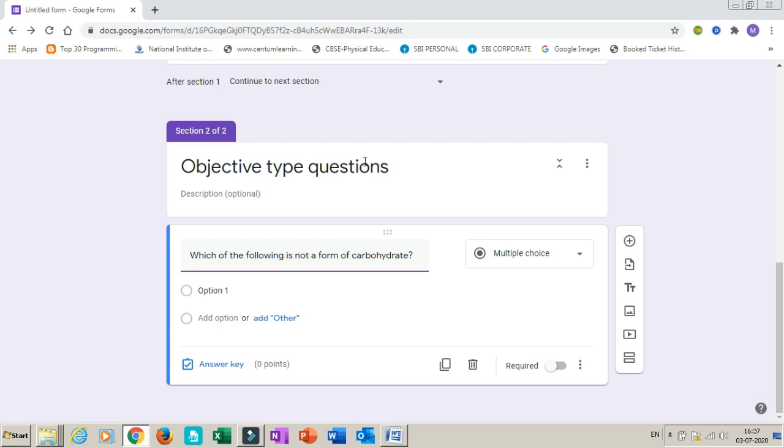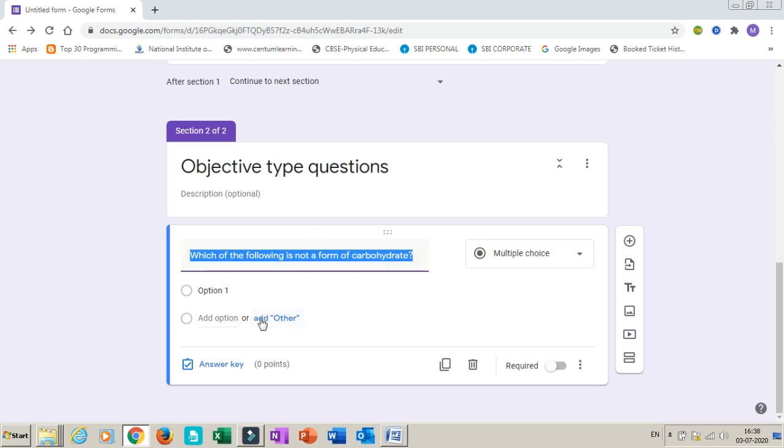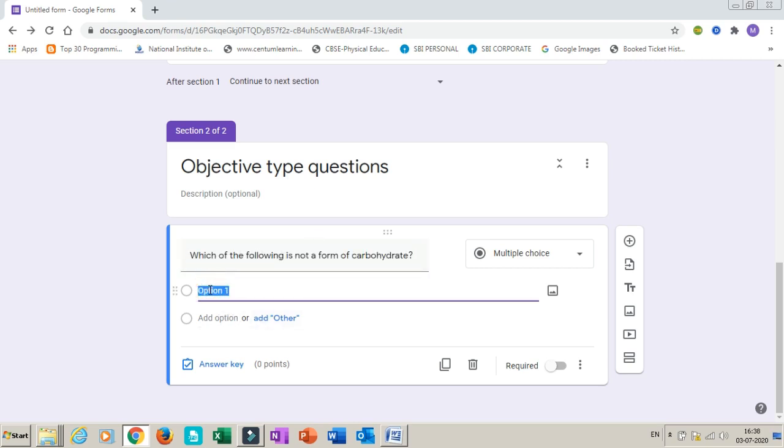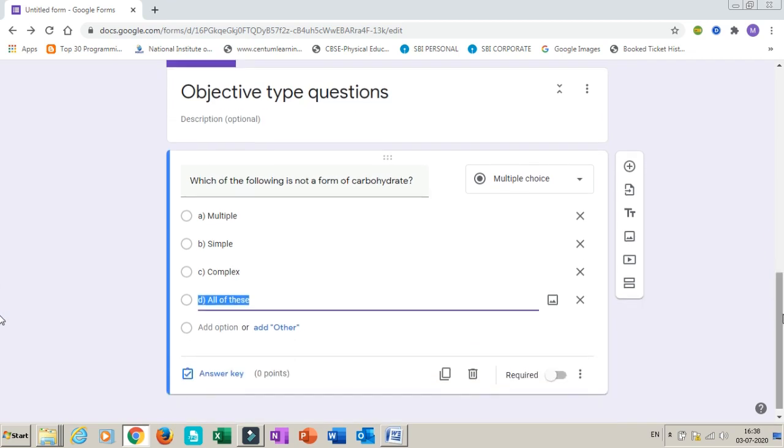You can see the first question I have added. Now the options. Now go back. So now select all the options and move back to your form and paste together. You can see all the options have been added in the form.